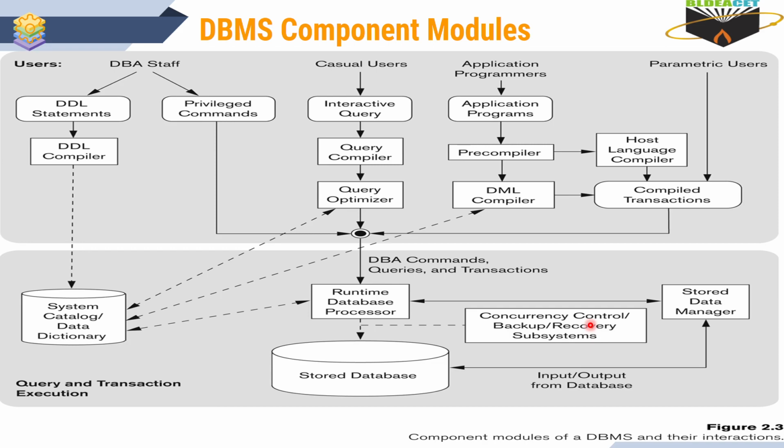As you know, one of the advantages of the DBMS is concurrency control. Concurrency control means that if many users want to access the same database at the same time, it allows all the users to access the database at a time, but it manages the database in such a way that it executes in sequence, while every user feels that they are the only user accessing that particular database. That is what we call concurrency control.